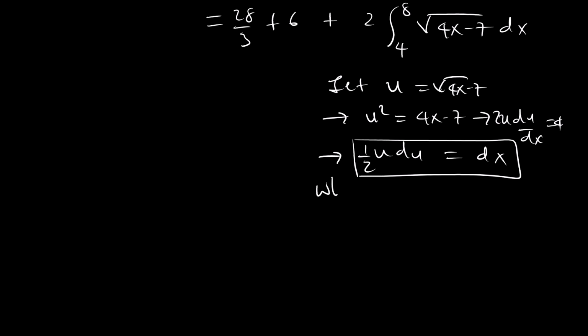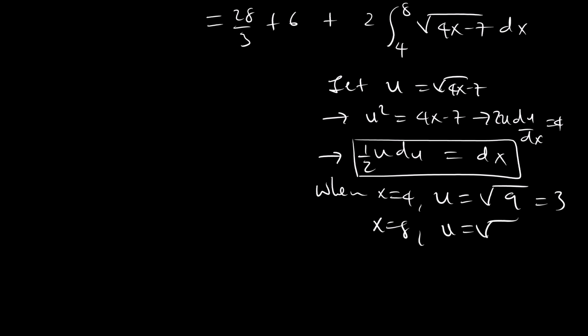When x equals 4, u will be equal to the square root of 4 times 4 minus 7, that's 9, it's 3. When x equals 8, u is the square root of 4 times 8, 32 minus 7 is 25, which is equal to 5. So this becomes 28 over 3 plus 6 plus twice the integral from 3 to 5 of